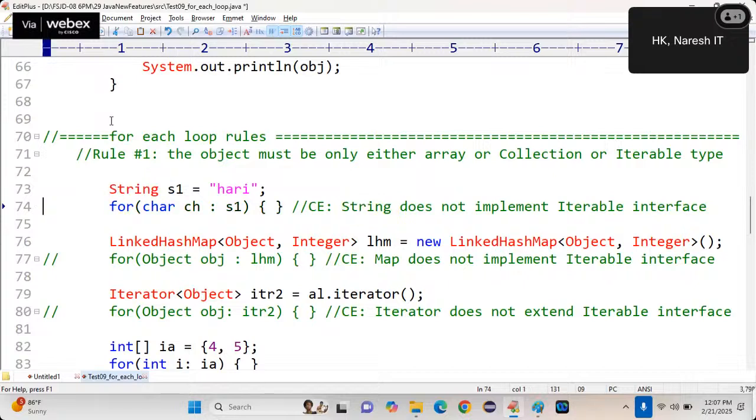From a normal class, I want to write a for each loop to retrieve one character. It's a collection of characters now. I want to retrieve the first character, second character, third character, fourth character. Is it possible to use the for loop for that? No, you cannot. It leads to a compile time error because it's not a character array. It is a string object. Then how can I retrieve one character? Not possible. So the compiler will throw an error. Observe the compile time error.